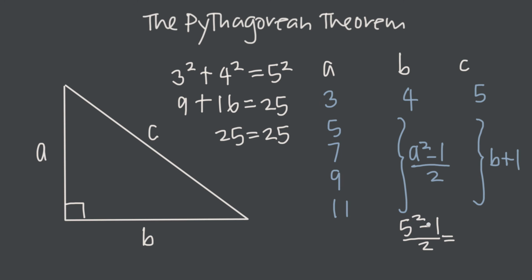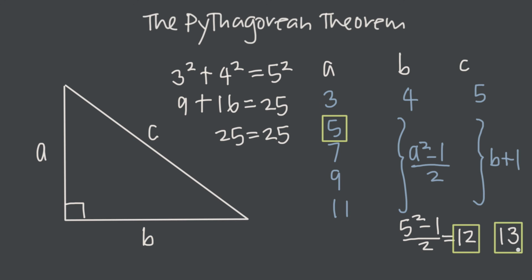Well, 25 minus 1 is 24, and then 24 divided by 2 is 12, so 12. And then to get the value for C, all I need to do is take B and add 1 to it, because the formula for C here is B plus 1. I know B is 12, so 12 plus 1 is 13. So my Pythagorean triple for A, B, and C is 5, 12, 13,